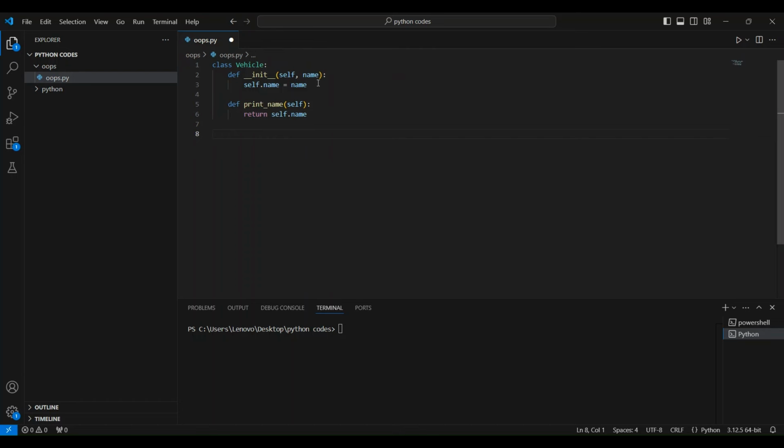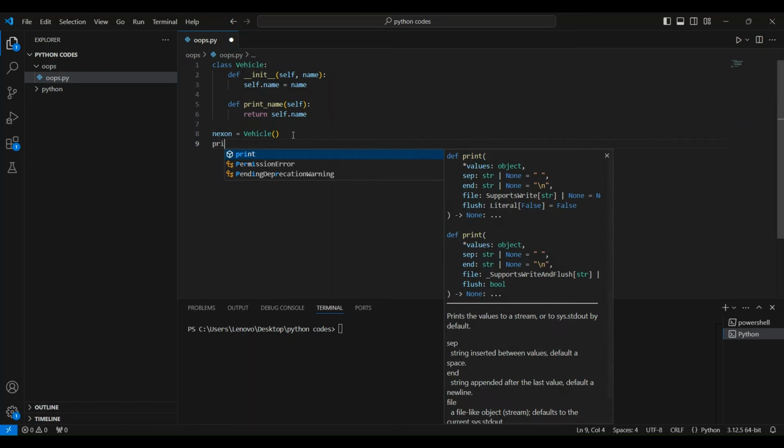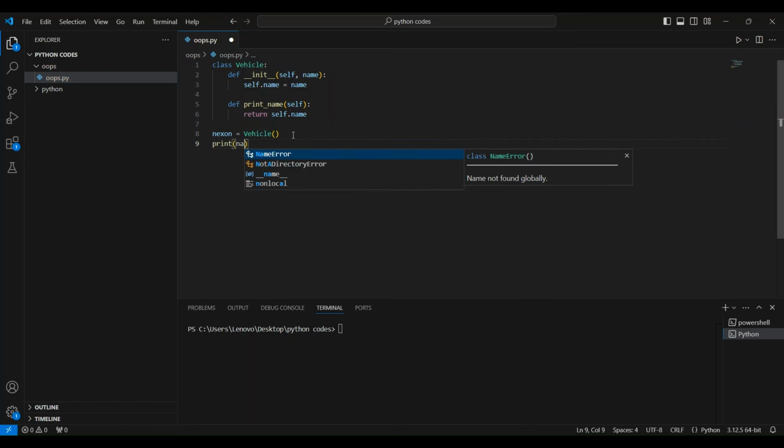So let's say I have a car named Nexon. What I'll do is create an object name and then call my class. Because in our initializing function I have passed one variable, name, whenever I initialize my class I have to pass a name variable over here, or else it will give an error. So if I do print name,